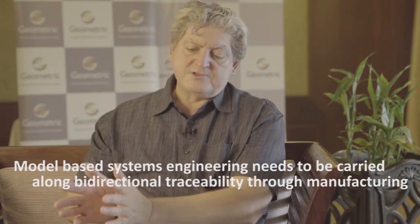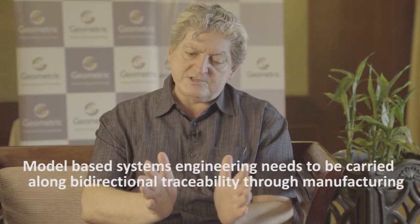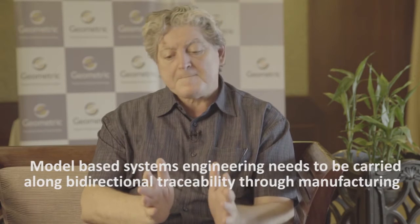So it's more than just saying, yes, it's model-based systems engineering. It's model-based systems engineering as a methodology, but it also has to be carried through on that same bidirectional traceability and linkages through manufacturing. So if a process changes on the shop floor, I need to trace that back all the way into the requirement to say, what requirement am I now